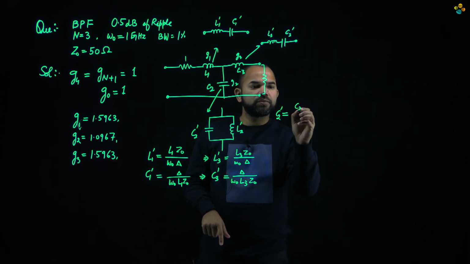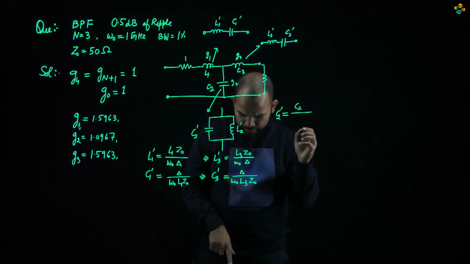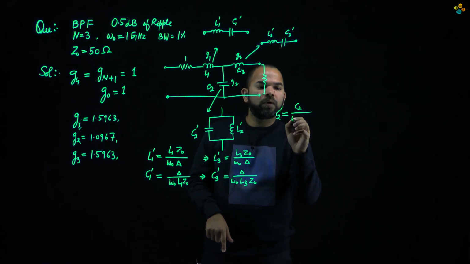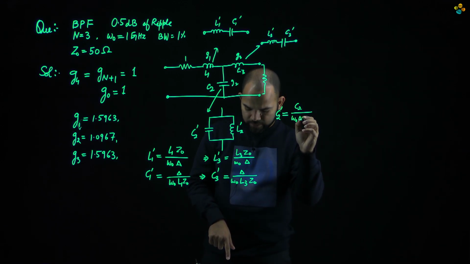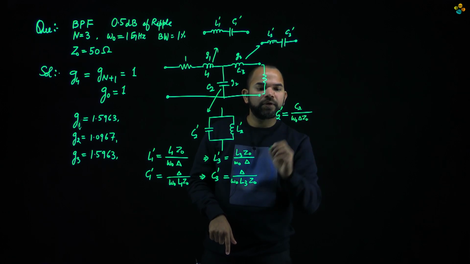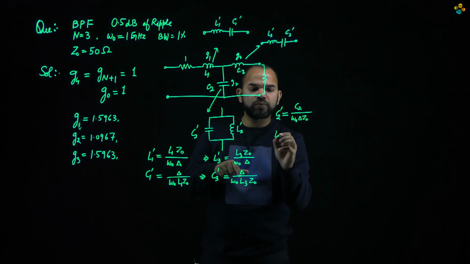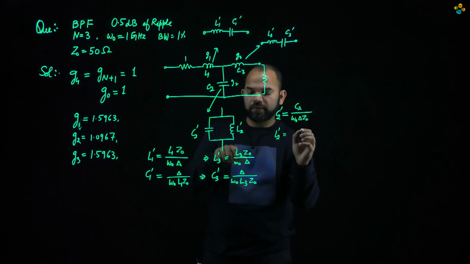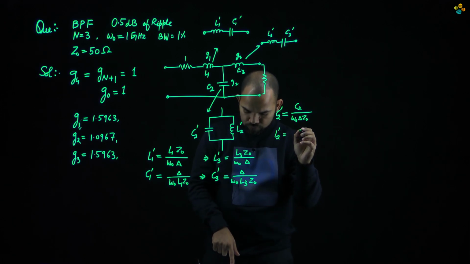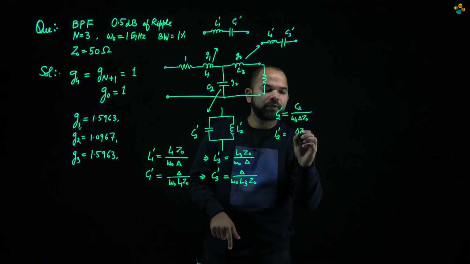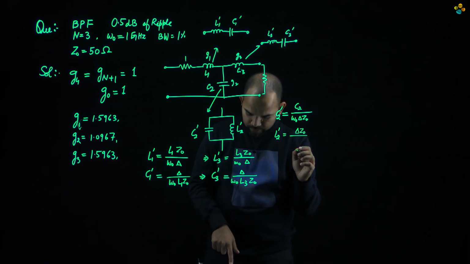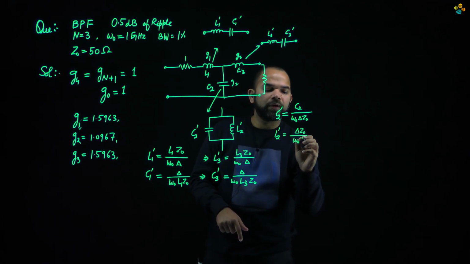It would be C2 divided by omega naught delta Z naught, and the L2 dash is equal to delta Z naught divided by omega naught